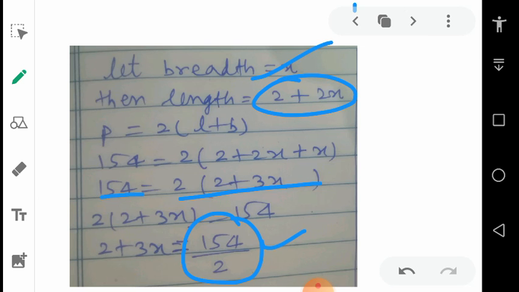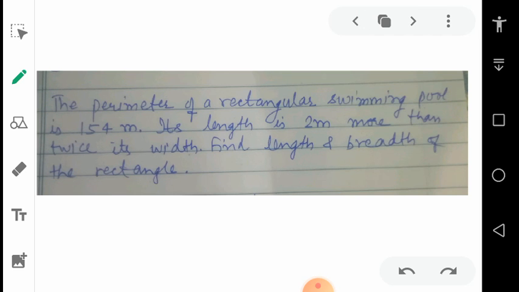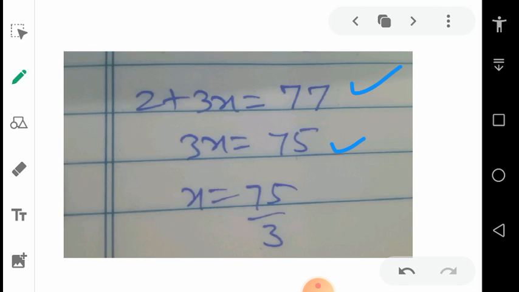Again, in the case of areas and perimeters, the first thing is to remember the formula. Suppose you don't know the perimeter of a rectangle, how will you solve the question? Remember the formula. This is the chapter about linear equations in one variable, but the questions are regarding geometry also. As you can see, questions regarding length, breadth and perimeter are given, so it doesn't matter, you have to make the linear equations properly and solve them.